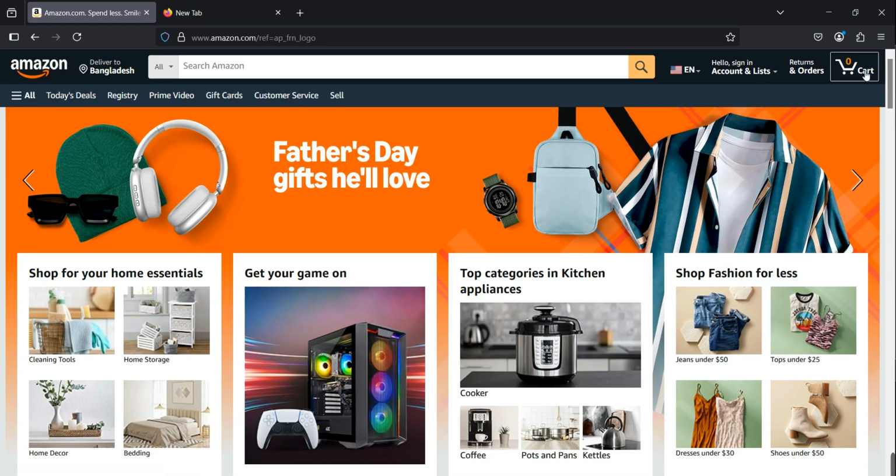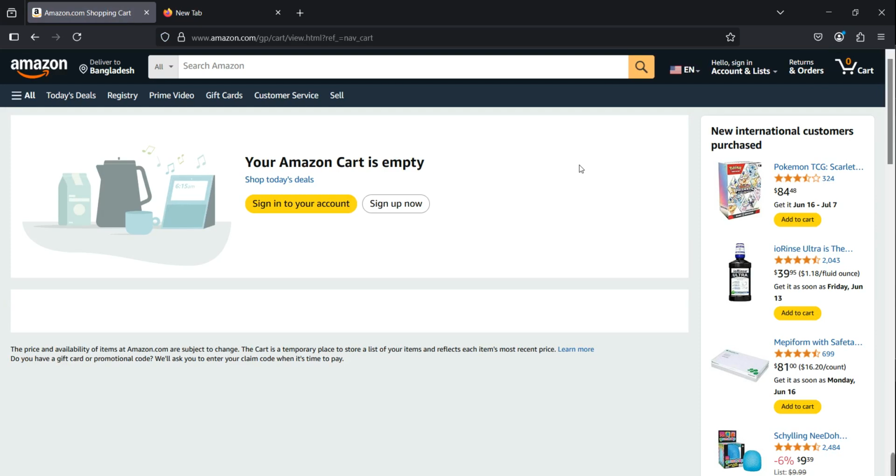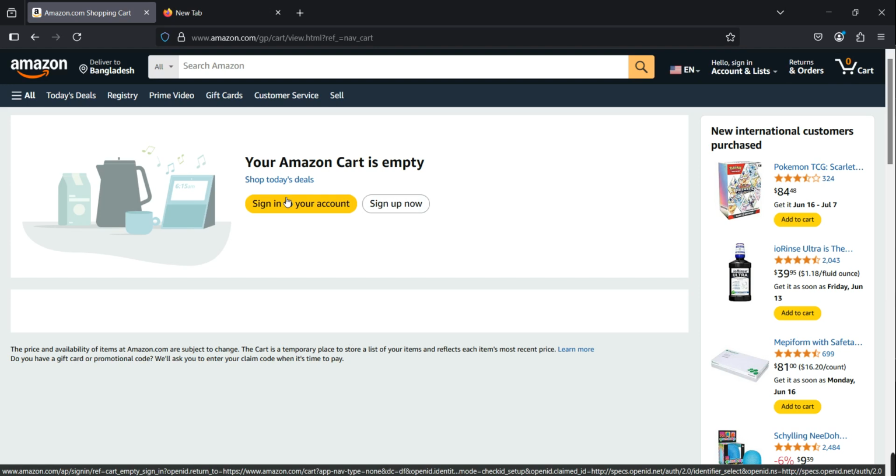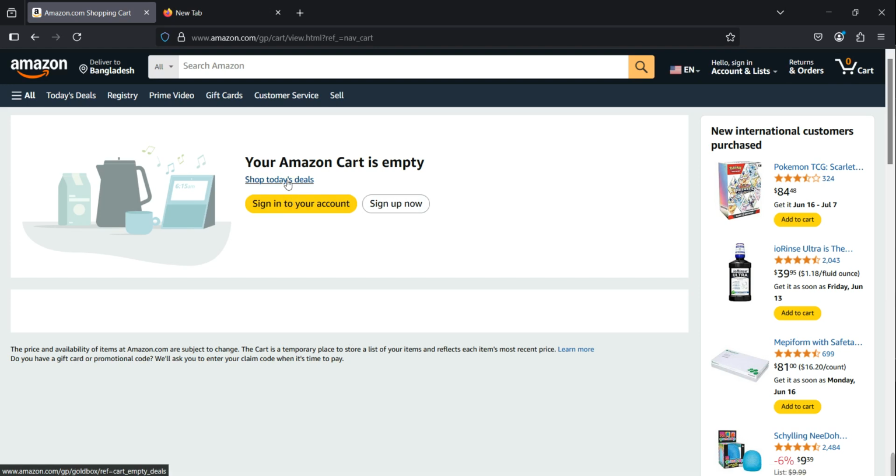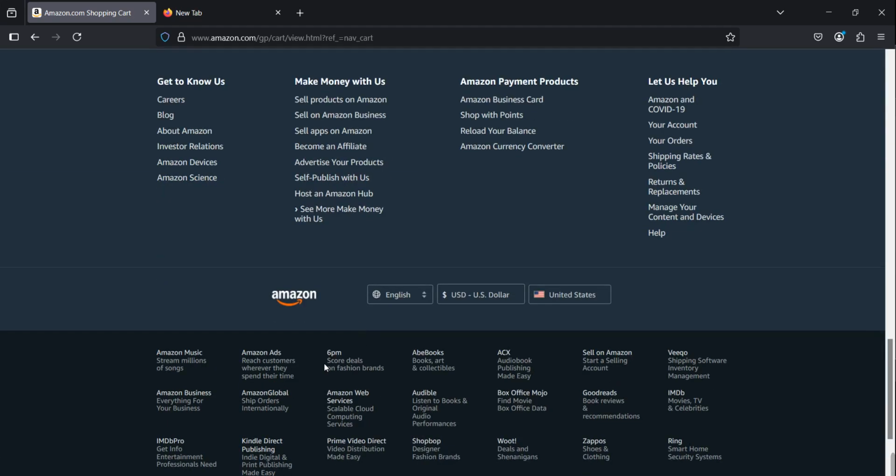Okay, suppose the cart option here, you have selected your products, you have added them to the cart, but when you're trying to click on the cart option, it simply doesn't show you this page. You cannot go to the checkout page. So, will this affect you more, or this